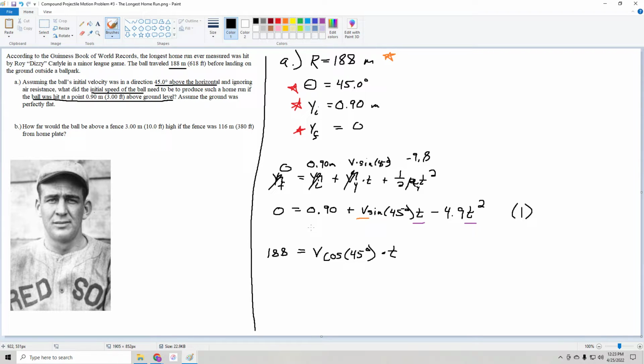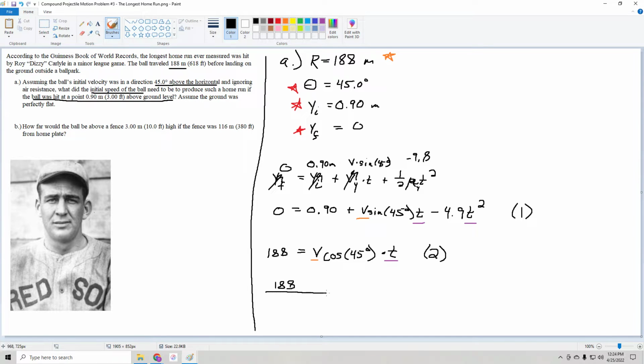So here we have two equations, 1 and 2, and two unknowns, v and t. So we kind of have a system of equations here that we can use to solve for v. And in fact, what I'm going to recommend doing is let's start with equation 2 here, and let's solve for t, the time. If I divide both sides of equation 2 by v cosine 45, we get